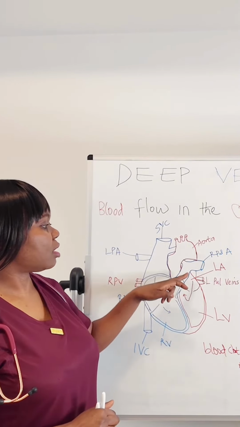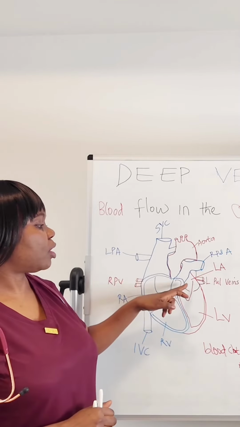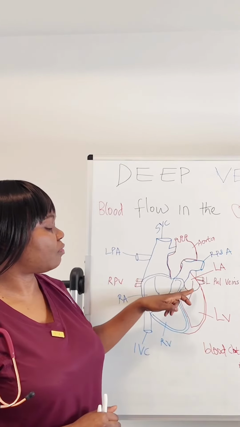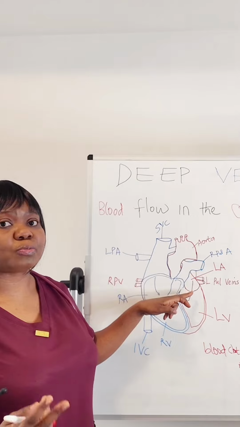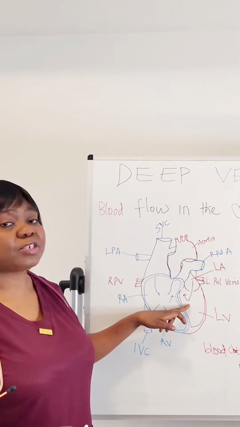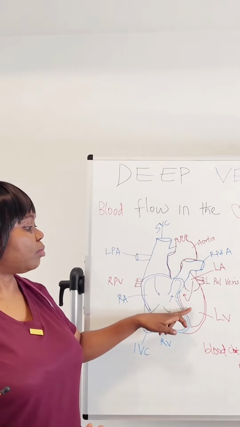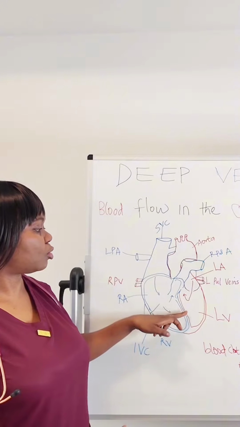When it gets to this left atrium, the blood is pushed down through this left atrioventricular valve, what we call bicuspid valve, into the left ventricle. When the blood gets to the left ventricle, the heart also contracts and the blood